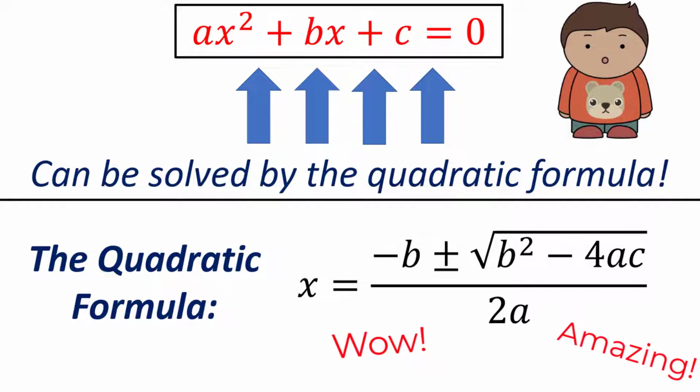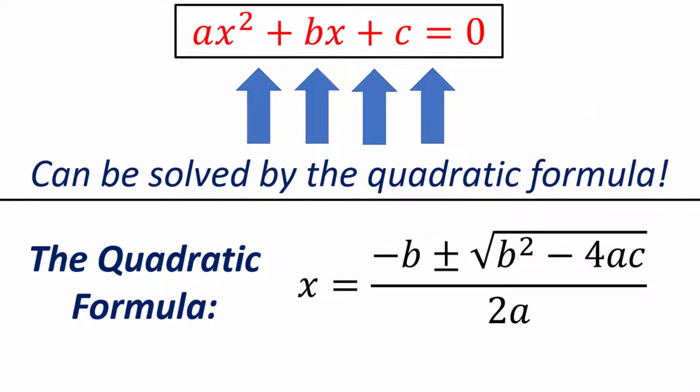The quadratic formula is negative b plus or minus the square root of b squared minus 4ac, all divided by 2a. This formula is worth committing to your memory because you're going to use it quite a bit throughout your mathematics career. If you'd like a proof of why the quadratic formula works, just do a YouTube search and you will find plenty of videos. The proof involves completing the square, but you don't necessarily need to understand the proof in order to use the formula. Let's take a look at some problems applying the quadratic formula.